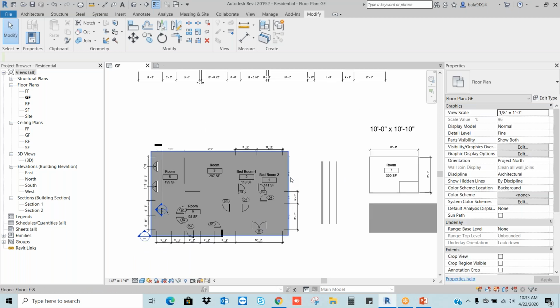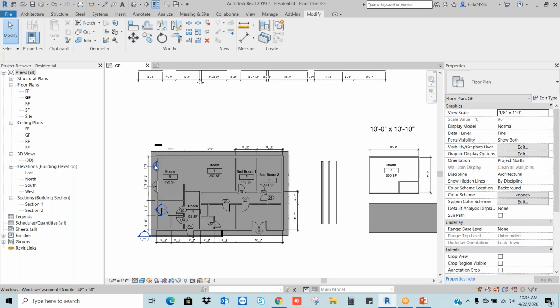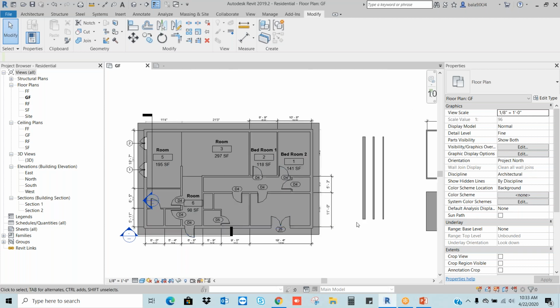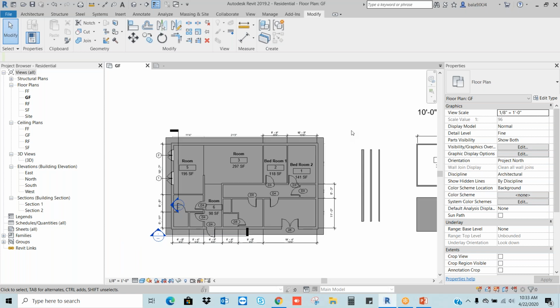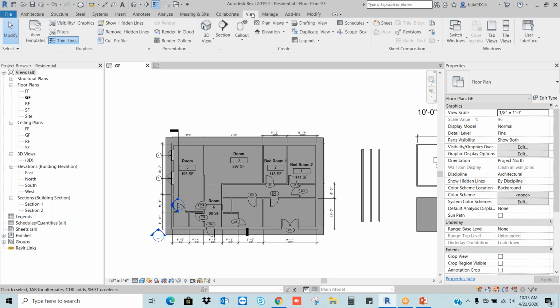Now here I want to get the BOQ for these doors. I mean bill of quantities. To get the bill of quantities, in the View tab we will go to Schedules, then Schedule/Quantities.